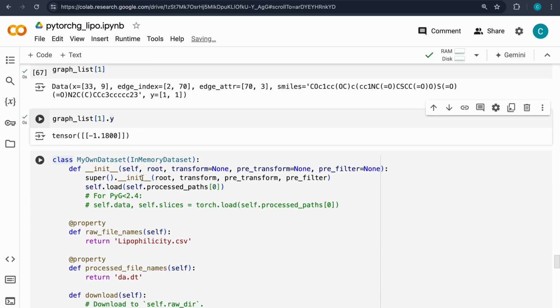Another thing that I want to talk about is the in-memory dataset. So what happens is, let's say you have a large number of molecules, maybe around 10,000 or 20,000 or 100,000. Every time you run the code, you don't want to generate your graph data again and again and again, right? So what you want to do is save your graph data on your computer. Now what I have done here is,